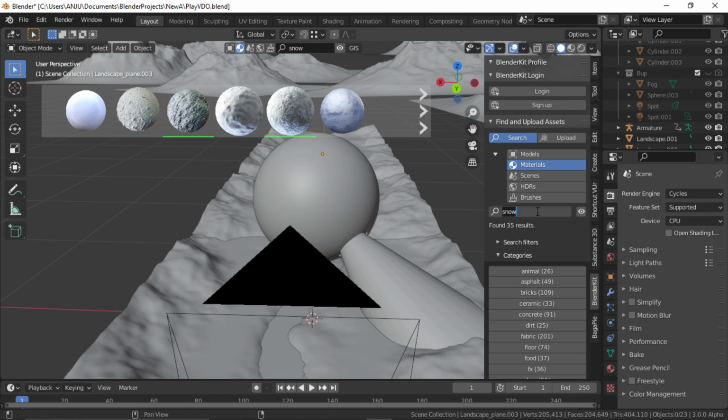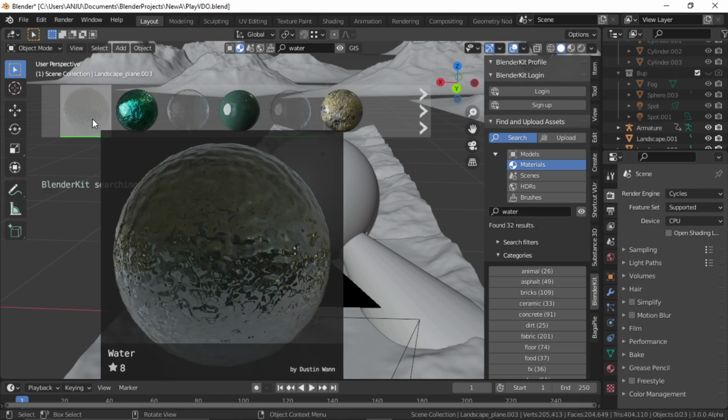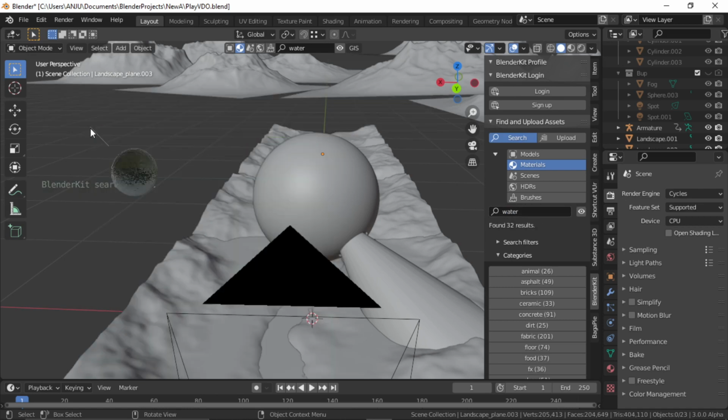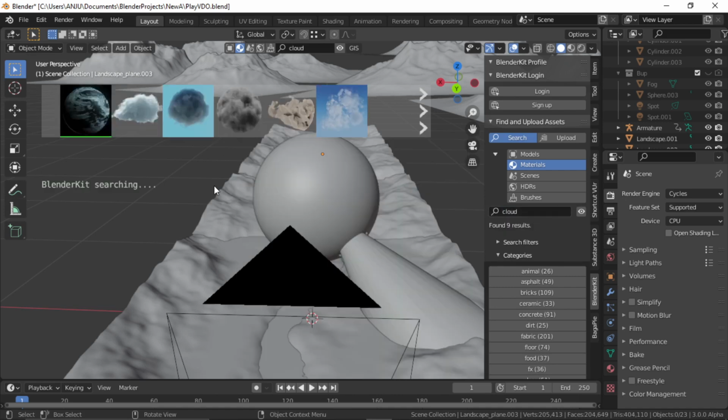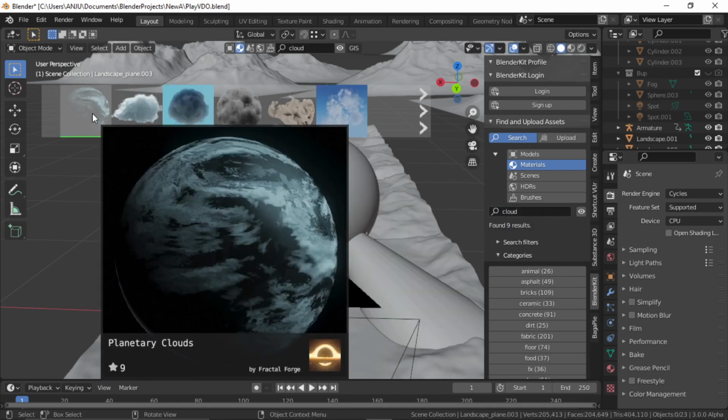Similarly, search for water, and I'm going to use this water material. Select and drag over to the river object. Similarly, search for cloud. So here we have this really good planetary cloud material by Fractal Forge.